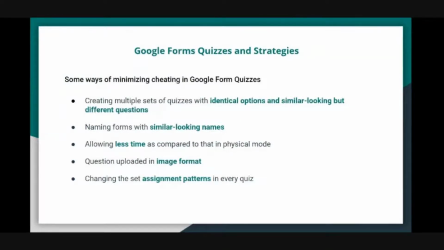If this is what I have decided for one quiz, in the next quiz, I should change this. Maybe roll number 1 and roll number 2 will get set 1. Roll number 3 and 4 will get set 2, like this. So I'll change the pattern in which I'm assigning the assignment, because at the end of the first quiz, they will talk to each other and find out that, okay, we all got the same questions. You all got the same questions. So what is the pattern? They can figure it out. So you need to change that pattern the next time.